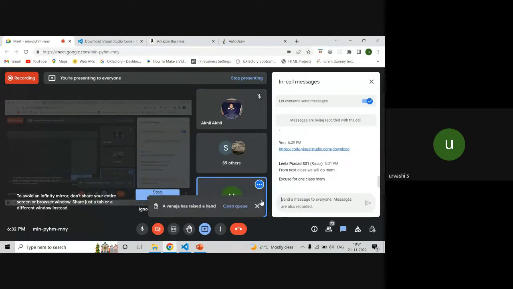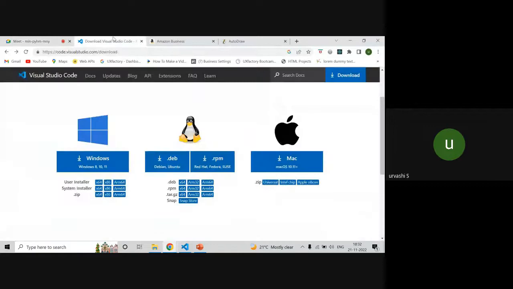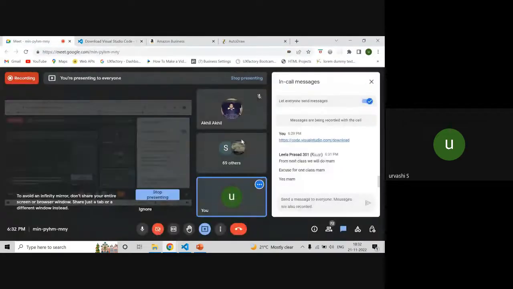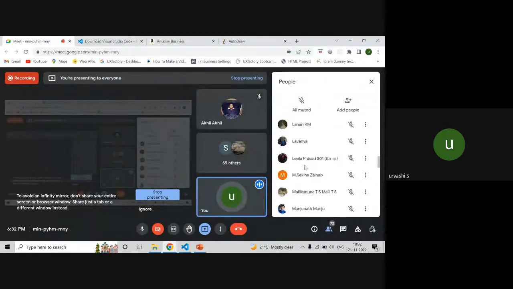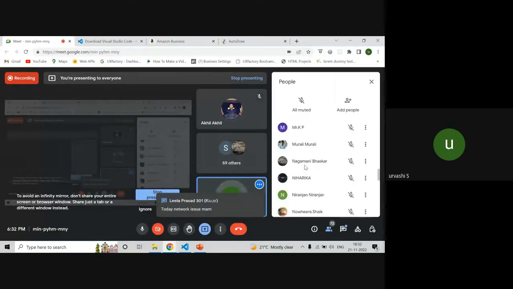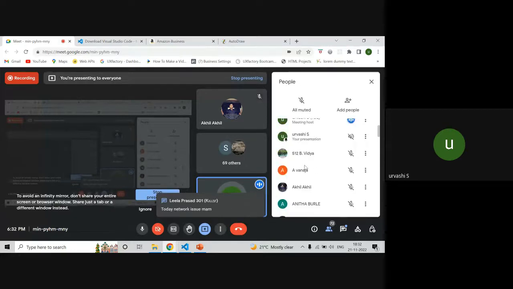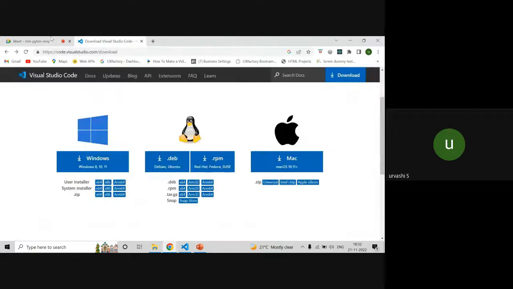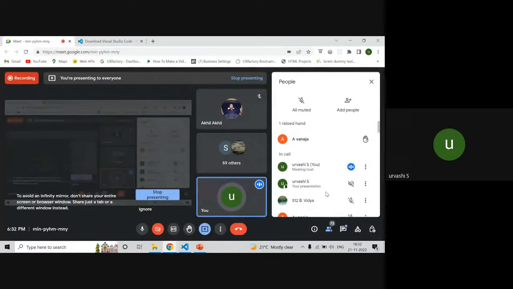Leela, you mean you are not connected through laptop? Okay, no worries, team. Today is your first day. If you are not connected through laptops or desktop, it's fine, but from tomorrow, please join through laptop. Any day, I can ask anyone to share the screen. And once the download is done, please let me know.